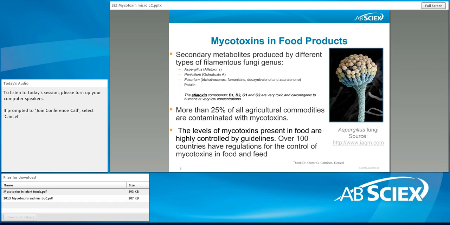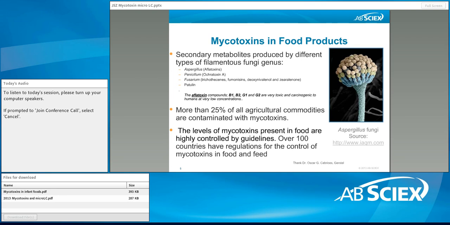Also, we know aflatoxin has different compounds, B1, B2, G1, G2, for example, which are very toxic, even at a very low level. On another side, we also know that more than 25% of our agricultural goods are contaminated with mycotoxins. Based on this fact,